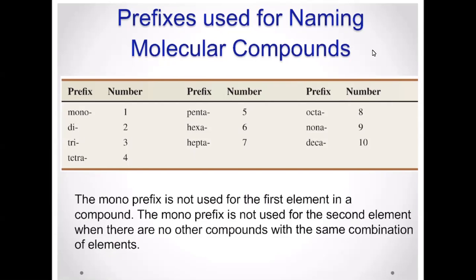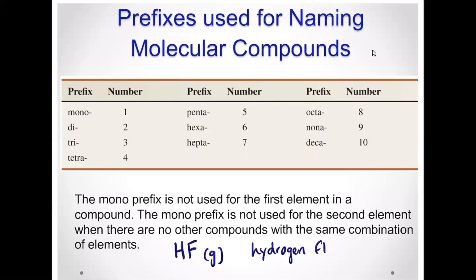This might be hard for you to know at this time, but some that you will come across when they're not acids would be like this symbol here means gas. That's hydrogen fluoride as a gas. And because there's no other compounds between hydrogen and fluorine, we don't need to say hydrogen monofluoride. So you would just say